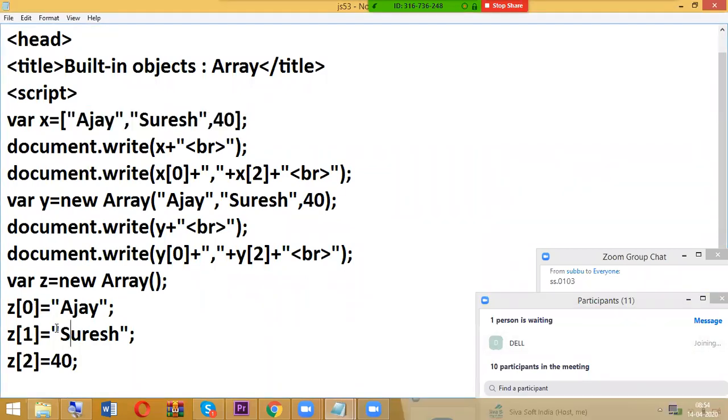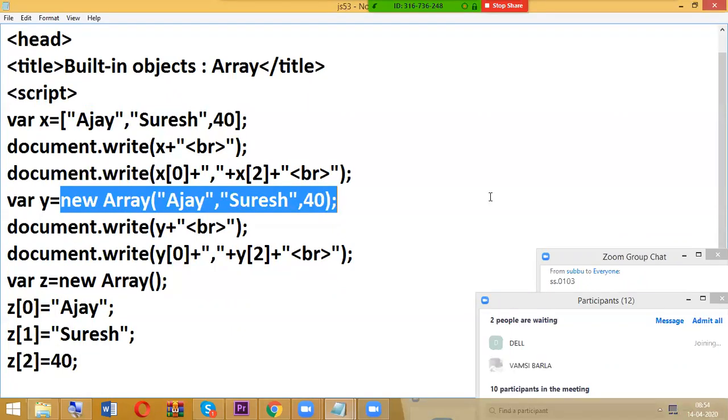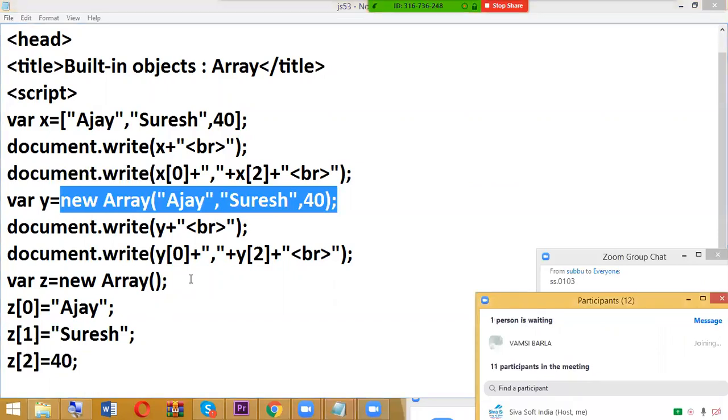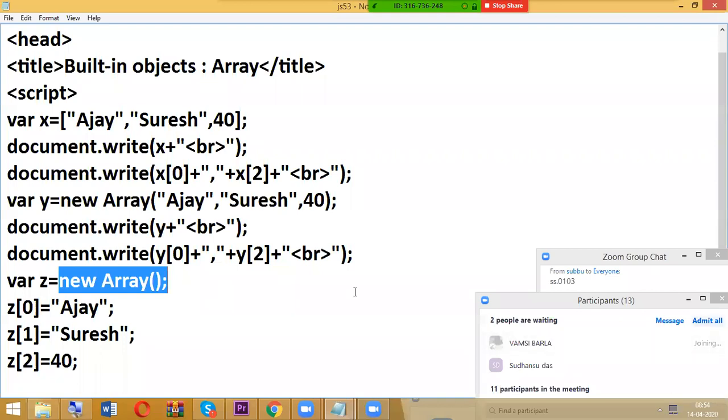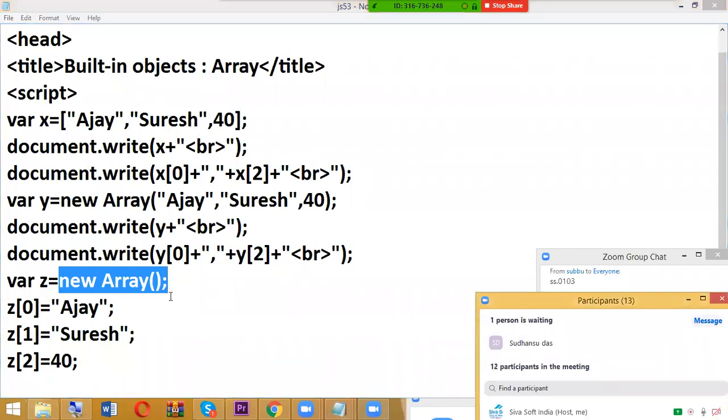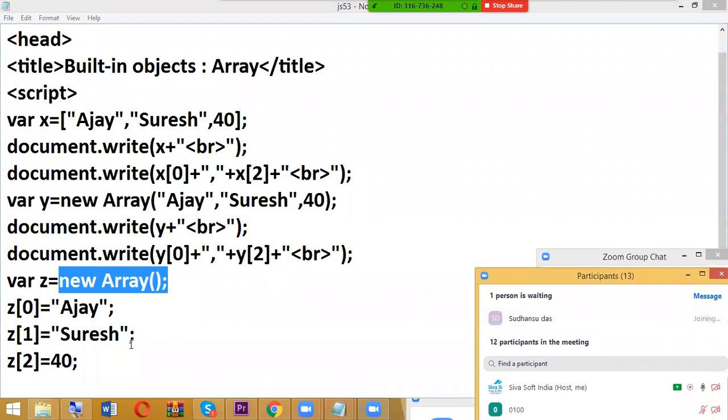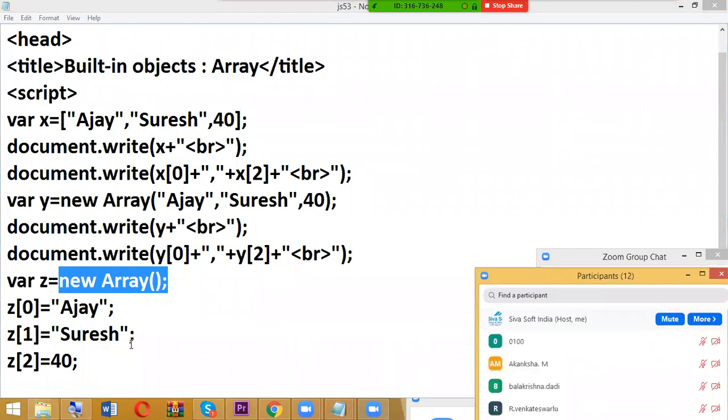Next, writing inside a new Array object. And next, we have new Array. So, 3 ways of declaring arrays.